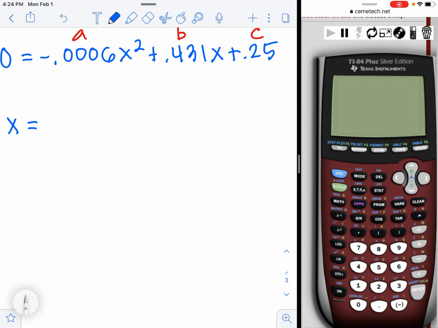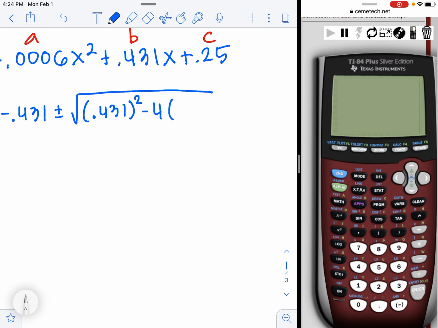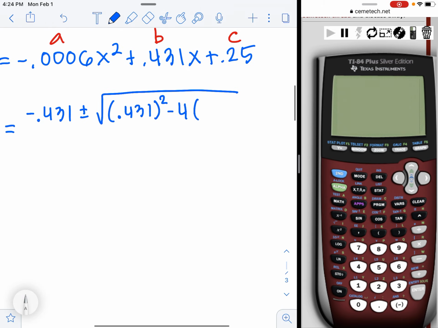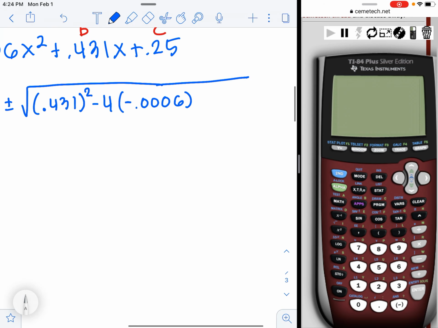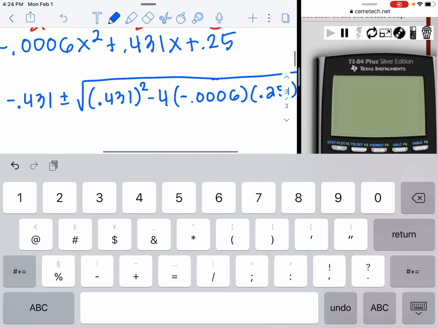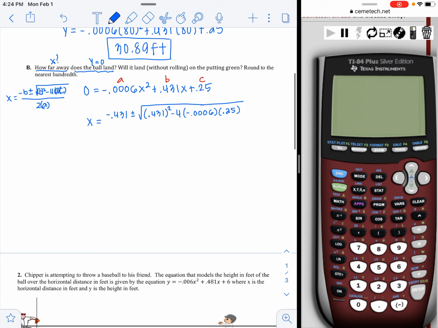So I'm going to do x equals the opposite of 0.431, which is negative 0.431, plus or minus the square root of, I need b squared, so I'm going to put in there 0.431 squared, minus 4 times a. I'm going to plug in a, don't forget the negative, 0.0006 times c, which is 0.25, all over